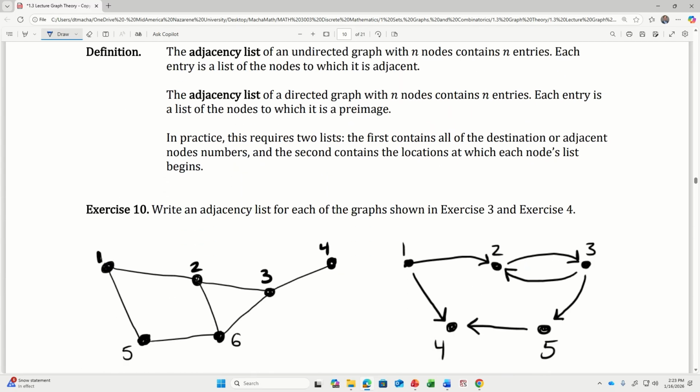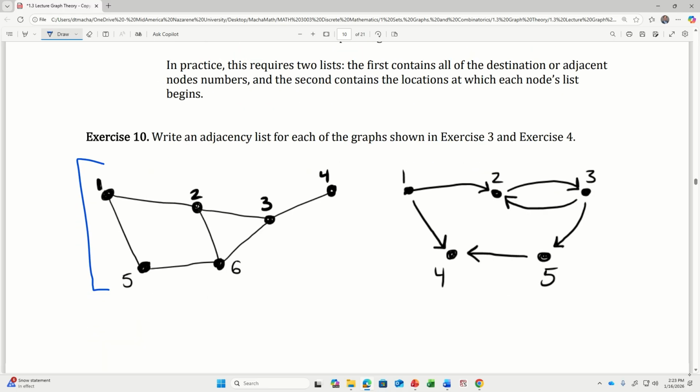So the next thing is called an adjacency list. We can again make these for undirected graphs, and we can make these for directed graphs. I'll show you examples, but the adjacency list of an undirected graph is going to have n nodes and n entries. Each entry is a list of the nodes to which it is adjacent. So let me just do that first part for you on this